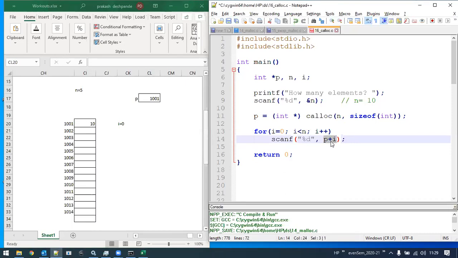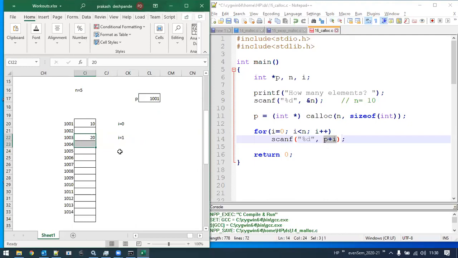What will be the answer? 1003. So the memory location we are going to access is 1003. This happens when i becomes 1. That time, if I enter some number, say 20, that 20 is going to be stored here. So these two memory blocks will take the value 20.